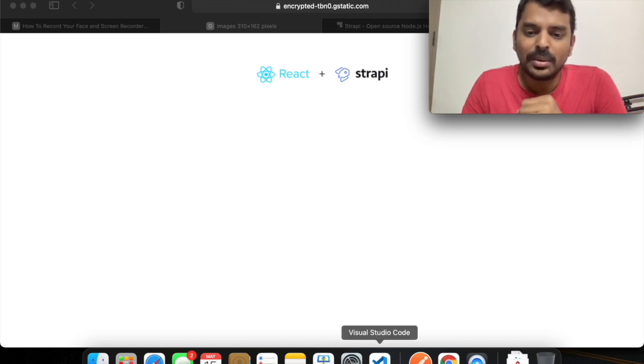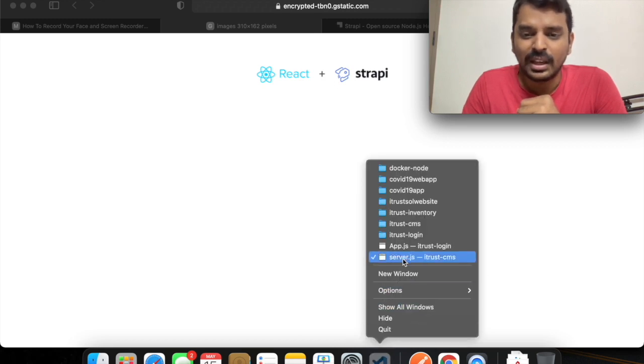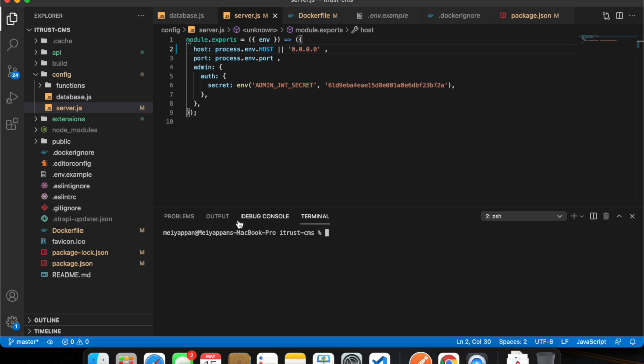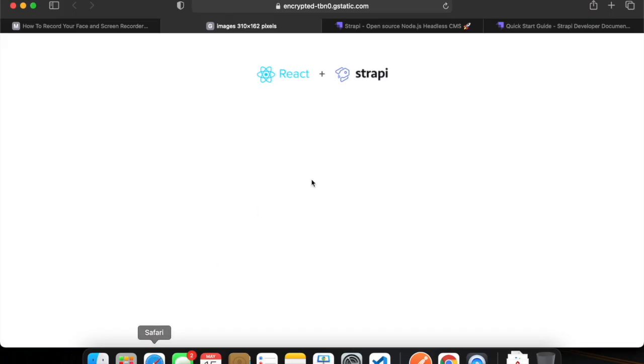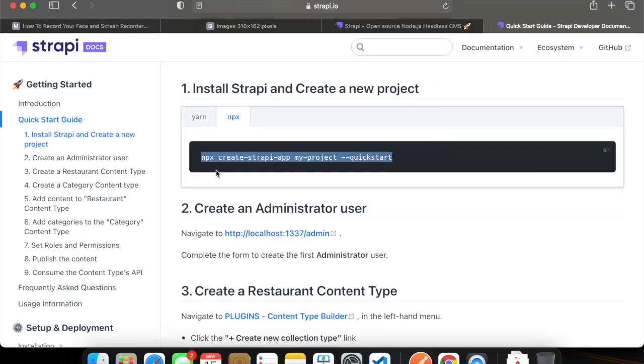I use Microsoft Visual Studio Code as my IDE, and here I have a Strapi app. To quickly create a Strapi app, you could use npx create-strapi-app with a project name, and then issue quickstart.